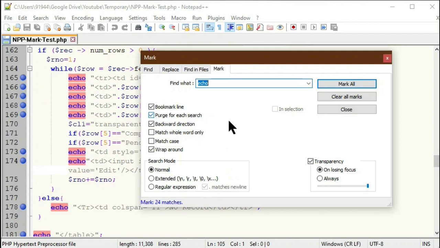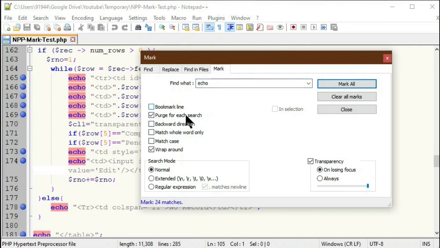What it does is first clear all old marks, then search for the echo word again and do the bookmarking. Suppose again I put row 5 and click Mark All, you see all the echo bookmarks are removed and a bookmark is created only in the row 5 area. So this is the function of Purge for each search.